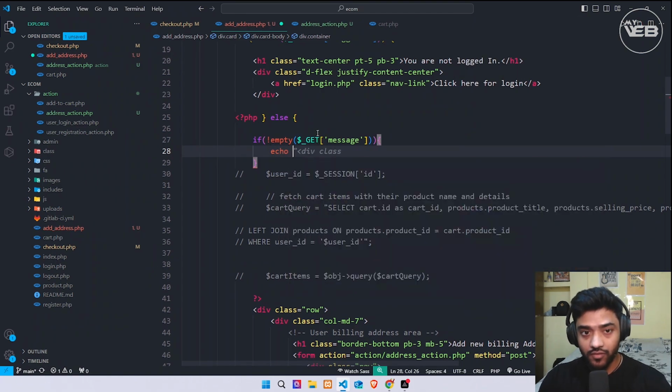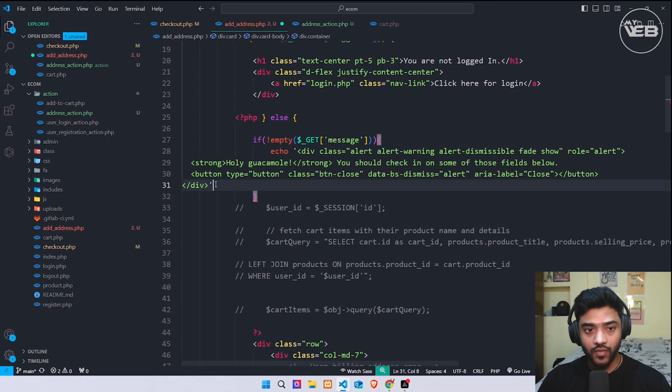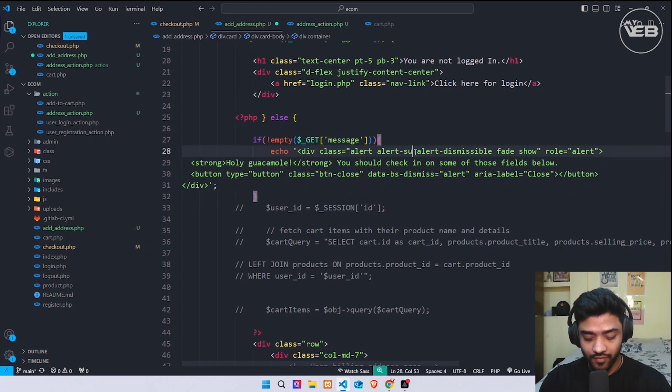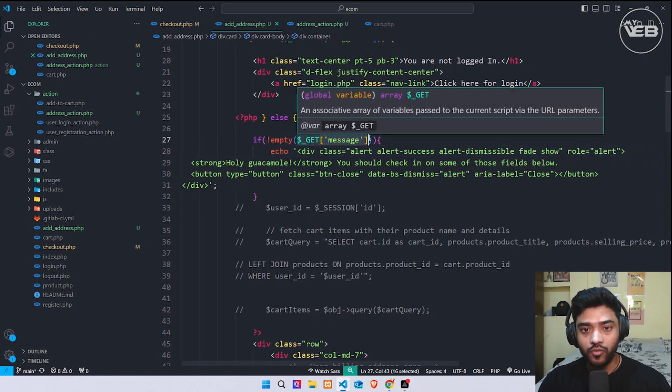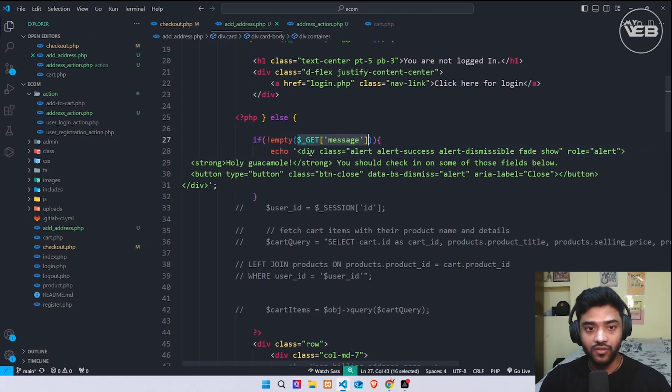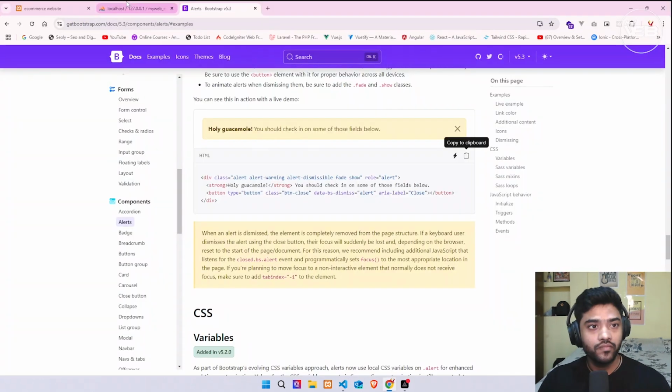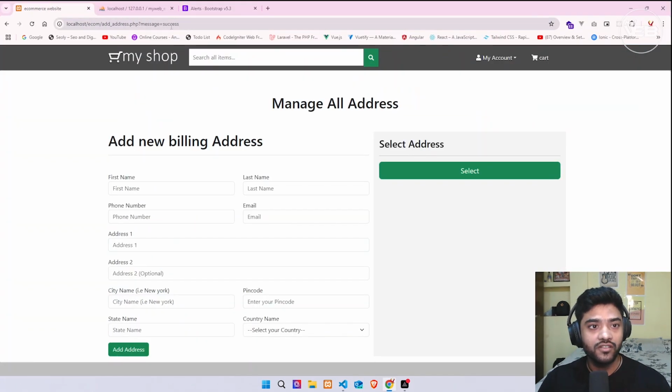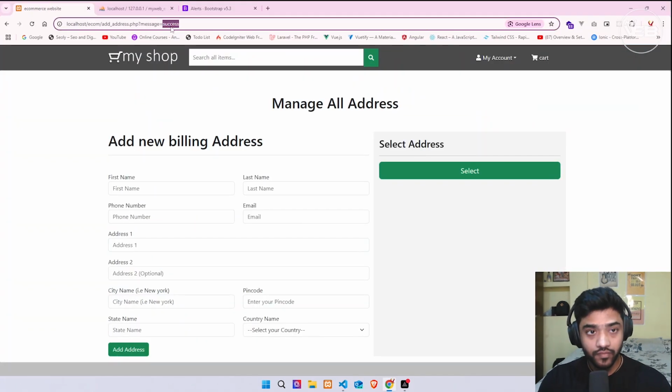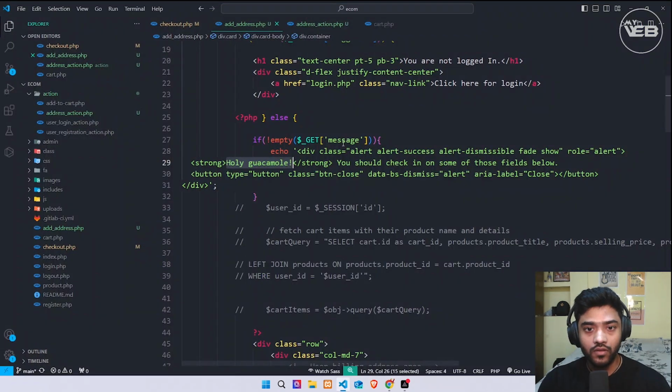So just echo and put the semicolon. Now change the color, which is the alert success, and I copied this variable. Okay, what is message? Which will be message is success. Okay, if it's not empty